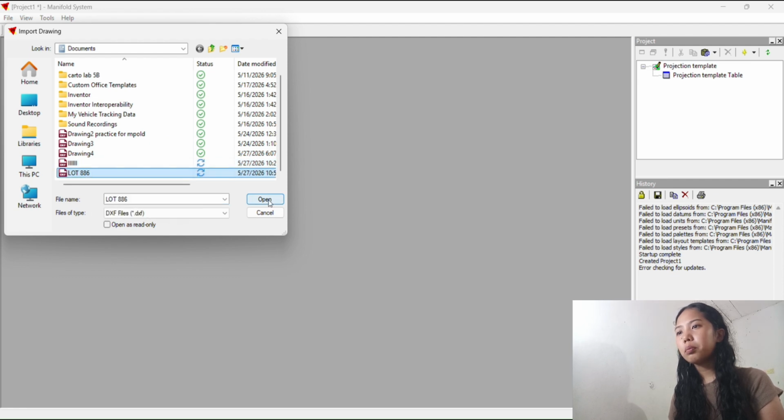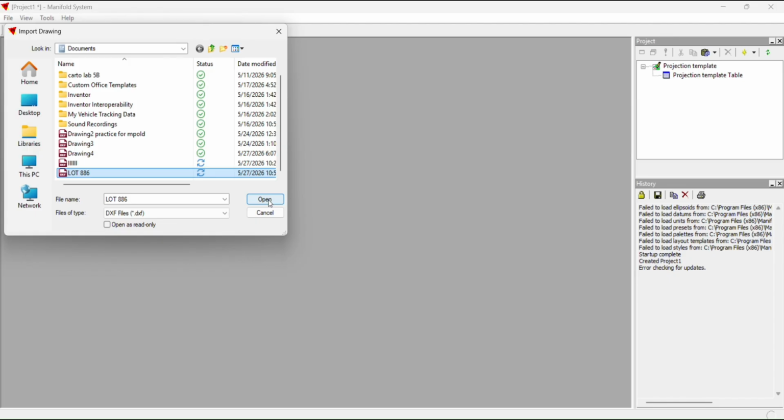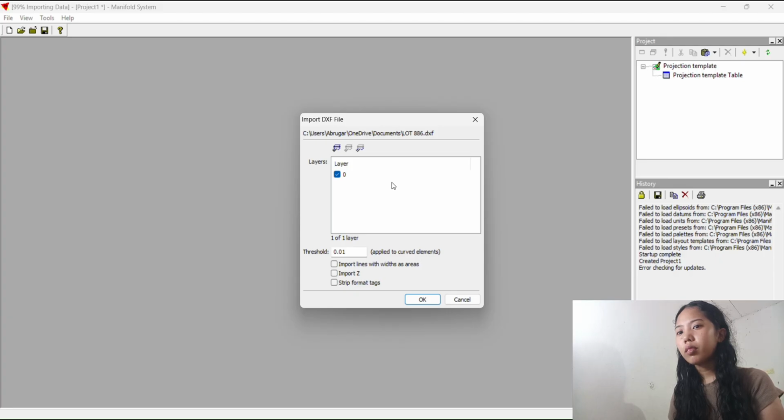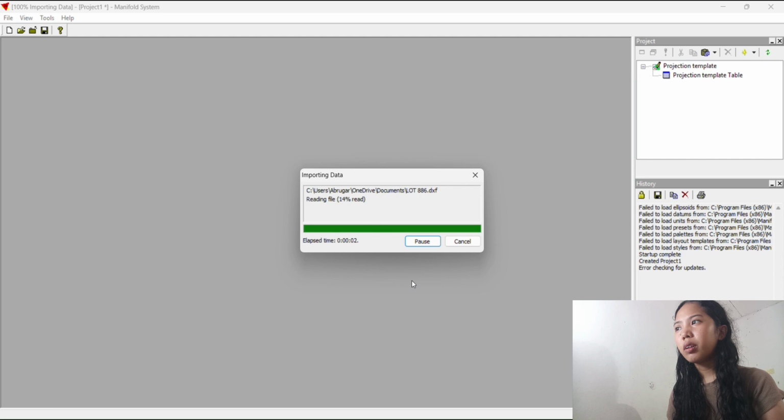Then select projection template and USDP table. Select OK. Then open manual boundary plotter. Then repeat the step.